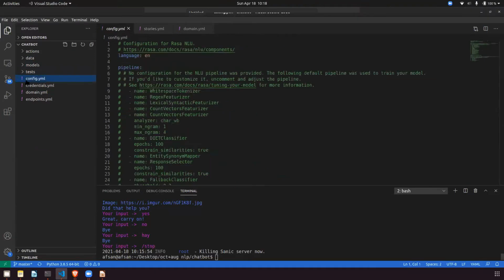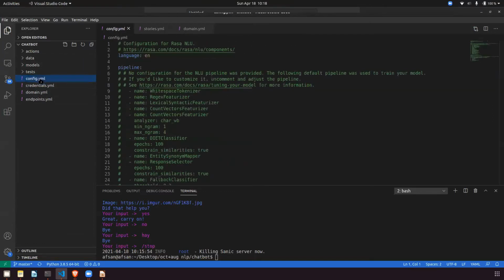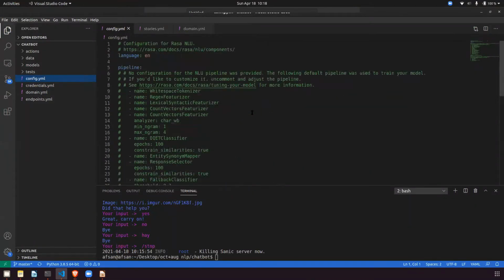This YML extension is a file. YML is used in a Python project to define a config file. Suppose you're writing a big code, and that code has lots of passwords and stuff like that. Because that code is accessible to everyone, we never do that.